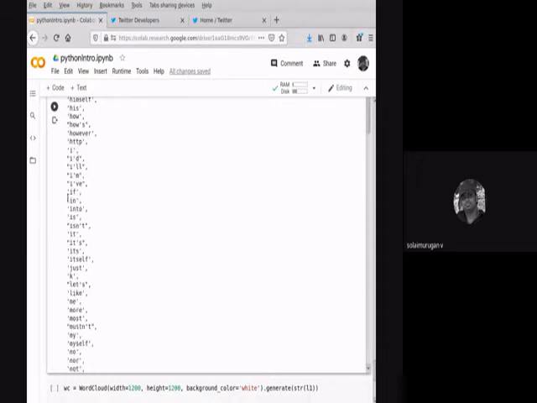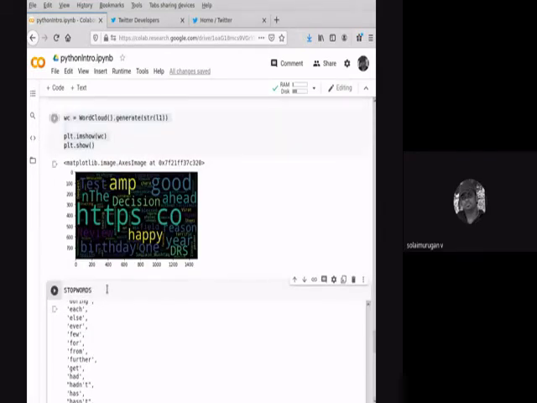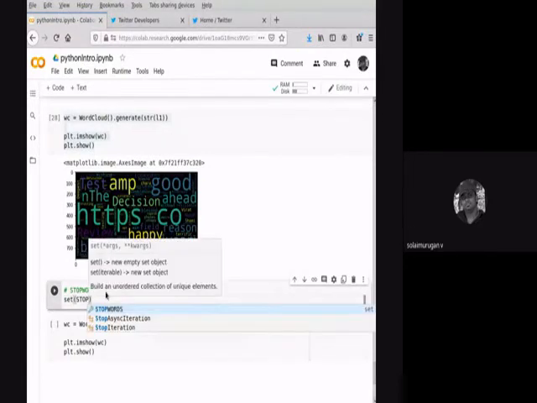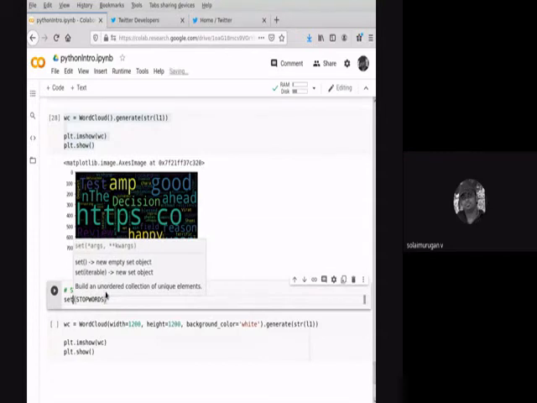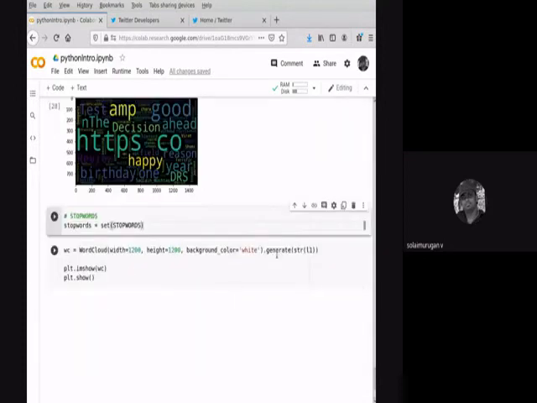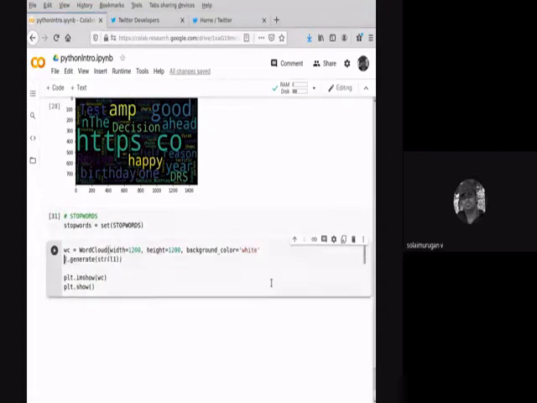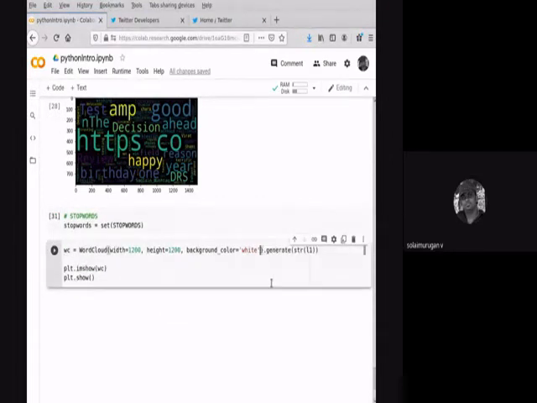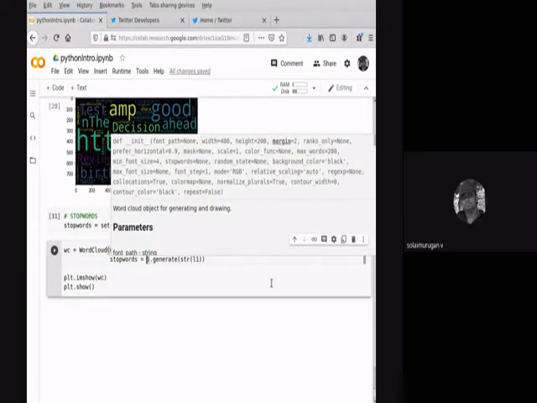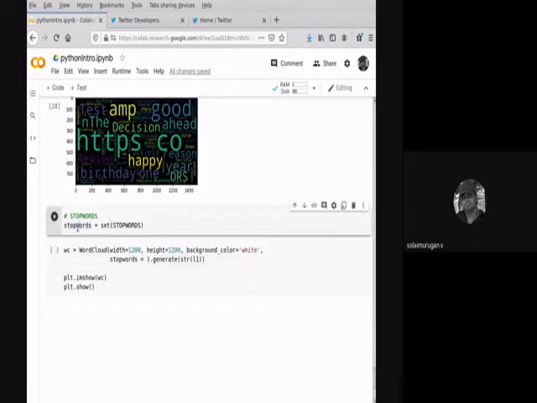Now I'm trying to use the same one. I'm showing the variable stop words, and I'm just passing this variable here: stopwords equal to this variable.